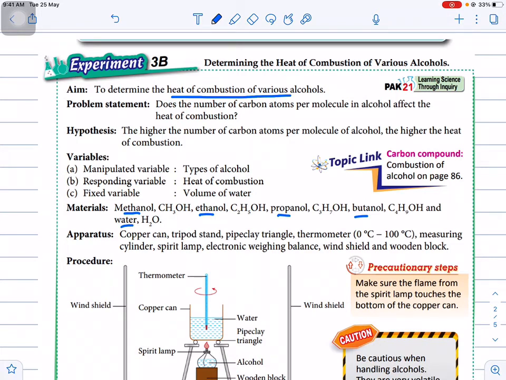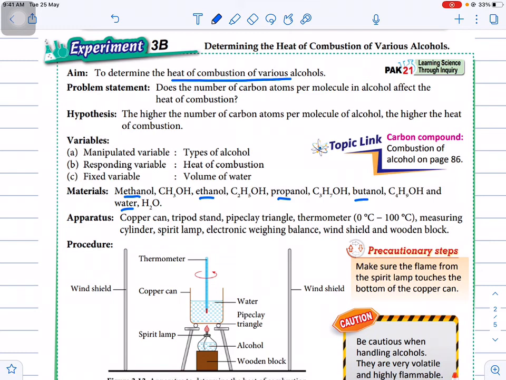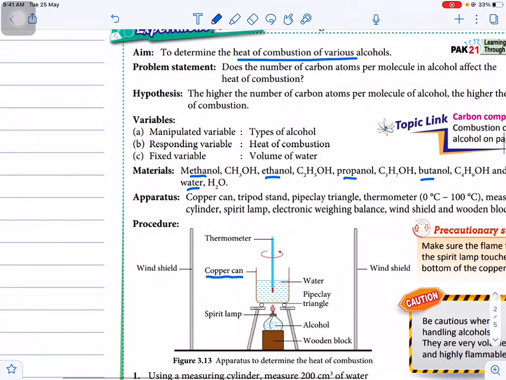Okay, and the apparatus here is the copper can. Copper can is the main apparatus. Okay, why do we use the copper can? So you need to answer this question. Why do we use the copper can? Why don't we use the polystyrene cup? For sure, because the polystyrene cup is easy to melt. It's not suitable. Okay, but why copper can? Why not beaker? Okay, so